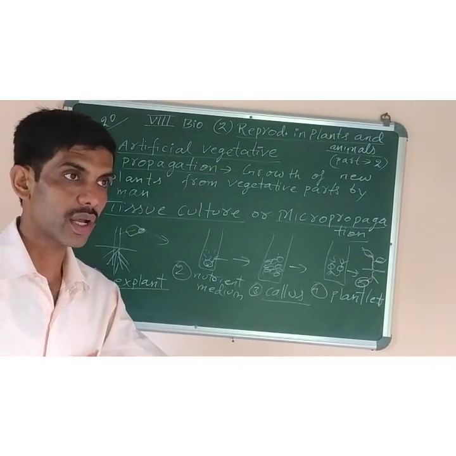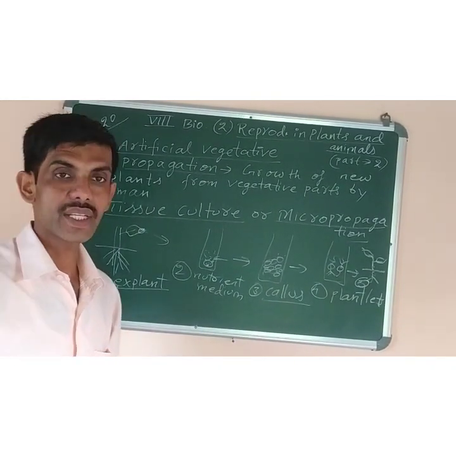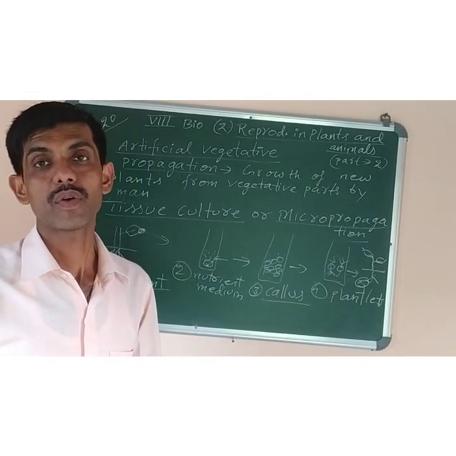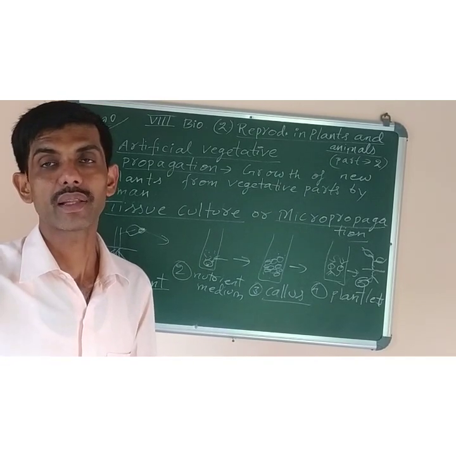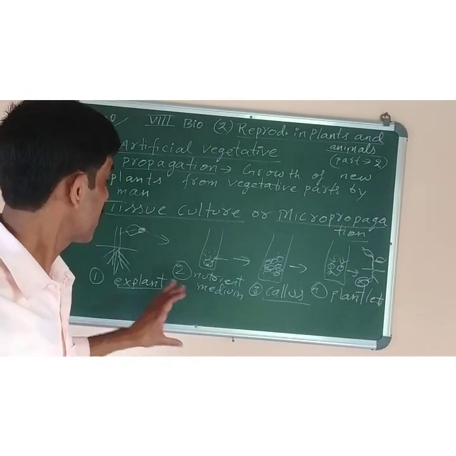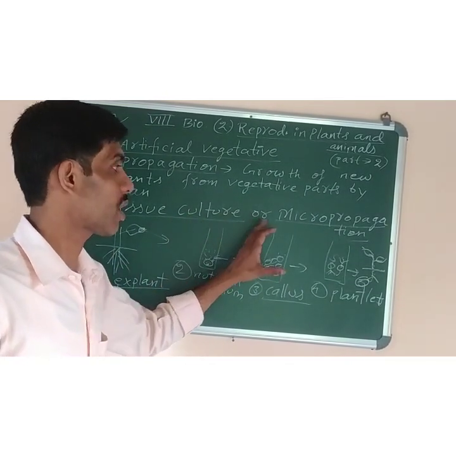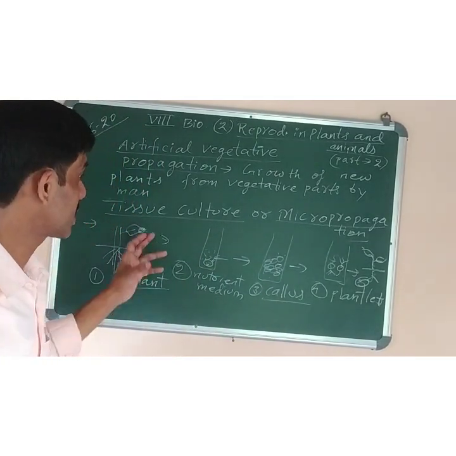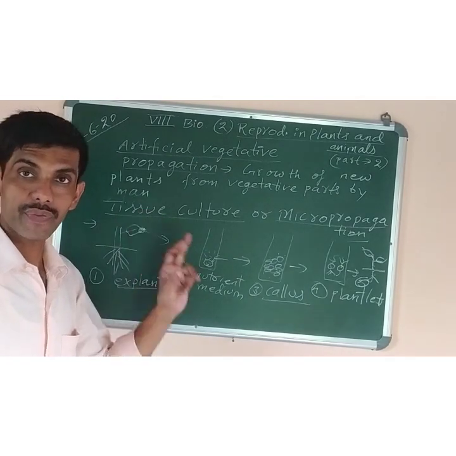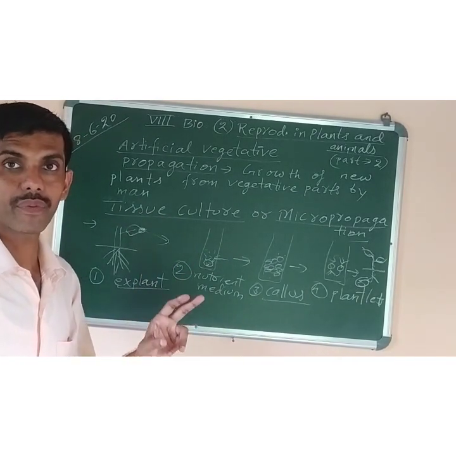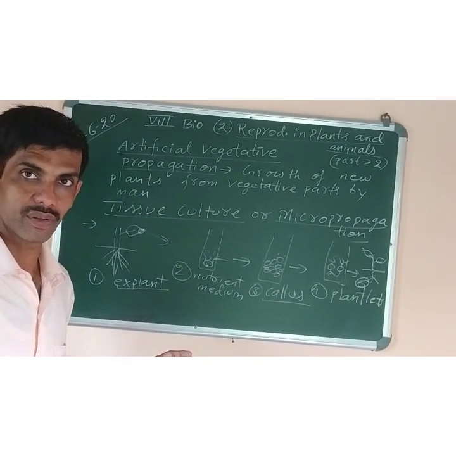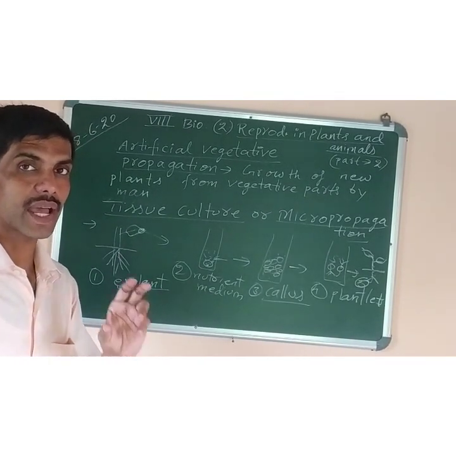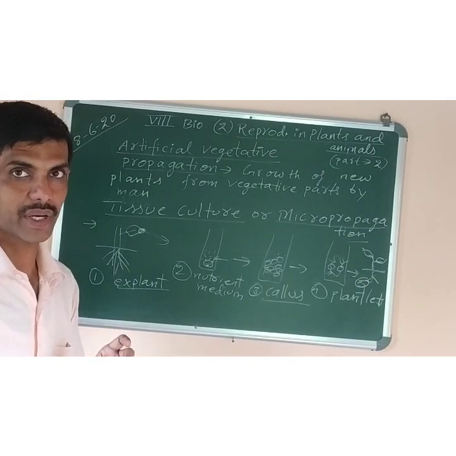We put them in the soil, they will keep on increasing in size, their root system will develop further, their shoot system will also develop, and they will grow like the parent plants. So in this way, in 5 steps, the tissue culture or micropropagation is completed. So once again, what is tissue culture? It is an artificial method of vegetative propagation. It is done by man only, but it needs some scientific knowledge or expertise.